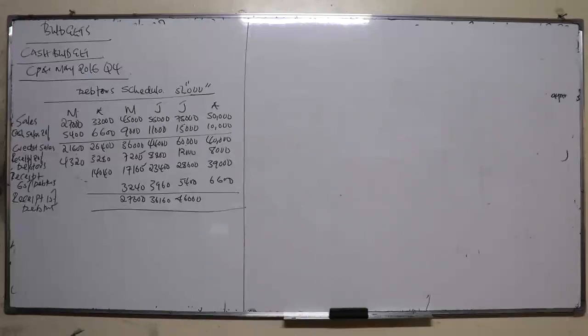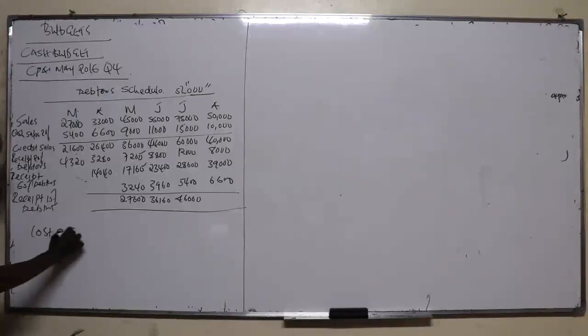So creditors, we pay them as a result of credit purchases. So we need to have the figure of purchases for us to be able to follow up the payment. So in this question, we'll have to determine the purchases, isn't it? We have not been given the purchases. So we have been given the cost of sales, isn't it?